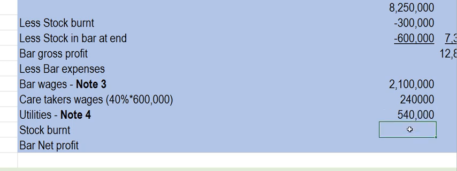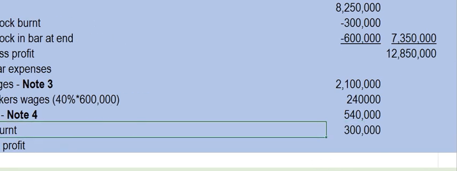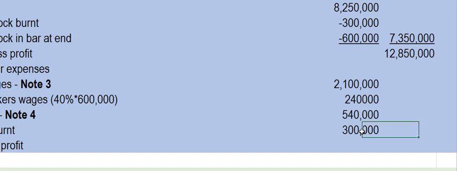Now the stock that was burnt, that is an expense because that stock was damaged. It's no more, so that will be an expense to the club and to the bar as well. So you show that as an expense down here. So what you have to do now is to add up all those expenses one by one, get their total,